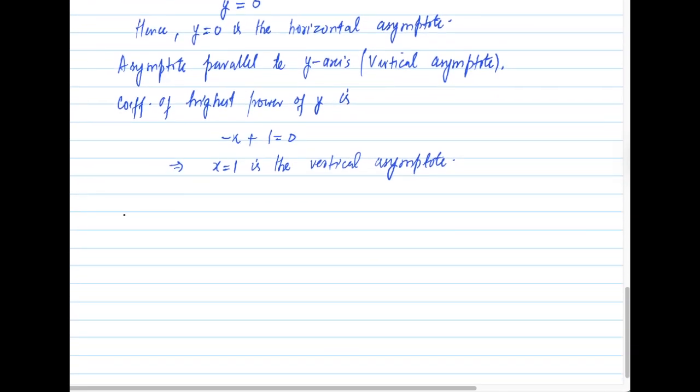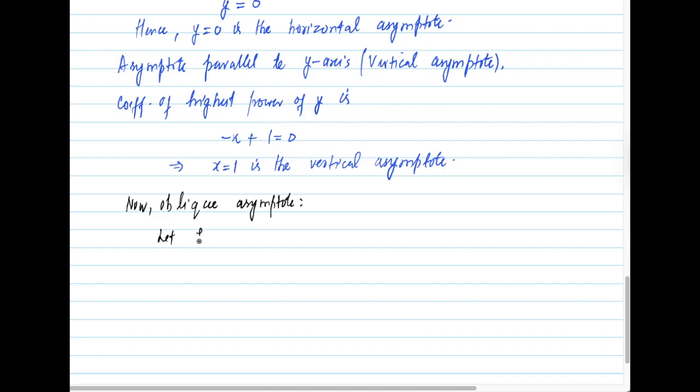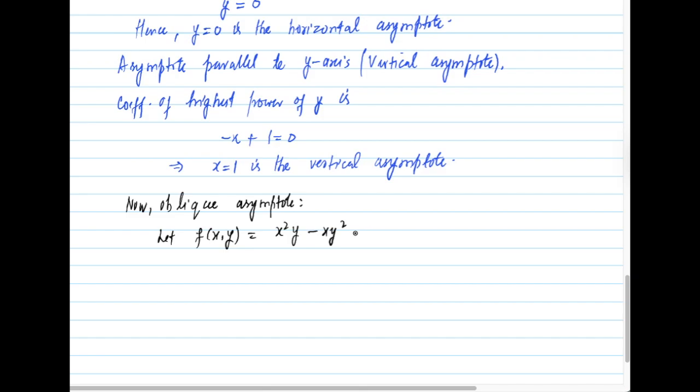Now next let's consider how do we find the oblique asymptote। So now oblique asymptote, तो इसके लिए हमें क्या करना है। So first of all we let our given curve f of x y be equal to, जो हमने ऐसे लिखी है x square y minus xy square plus xy plus y square plus x minus y। So this is our given curve f of x y।